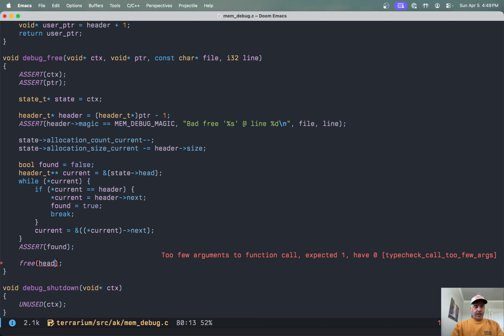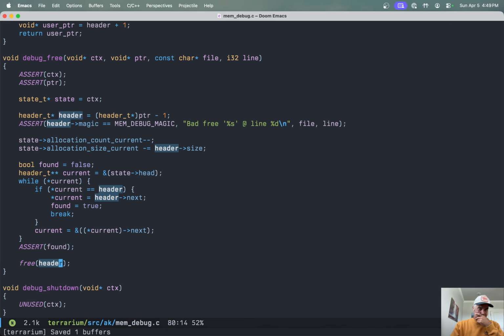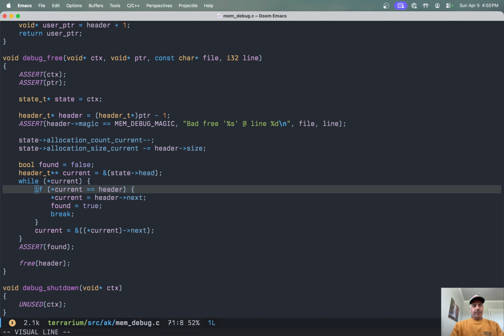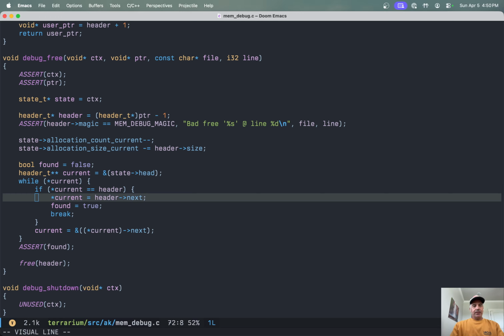We can actually free header, right? I might have to test this out. So we get the one at head. We're going to go through head, looping through next, as long as there's another one, and then eventually it's going to be null, so this will fail. But for each one of these, we're going to test it and see if it matches our header, the pointer to our header. And if they do match,